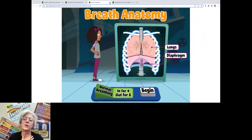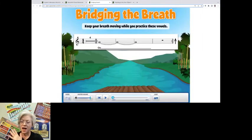Bridging the breath. Now, I am a band person. And I also have my choirs and everything too. But I noticed that I had a really bad habit of not extending out to the end. And I wanted to make sure that my students were ready to go into, oh my gosh, amazing choir directors. I have been very lucky to have amazing choir directors that my kids have gone into for junior high choir. So I wanted to make sure that they experienced holding those notes out to the full value. Bridging the breath is what helped me do this. So in this one,